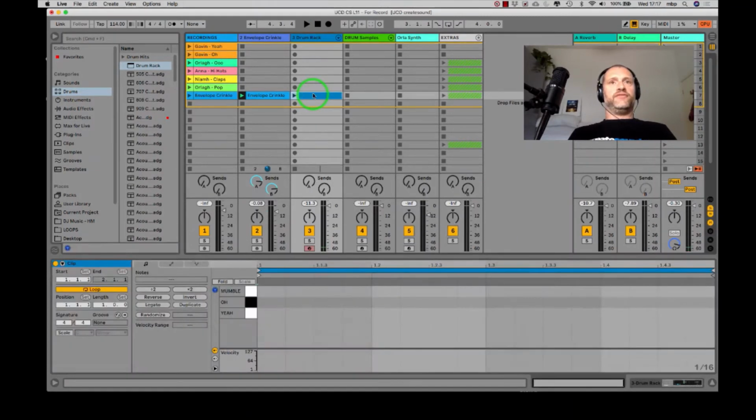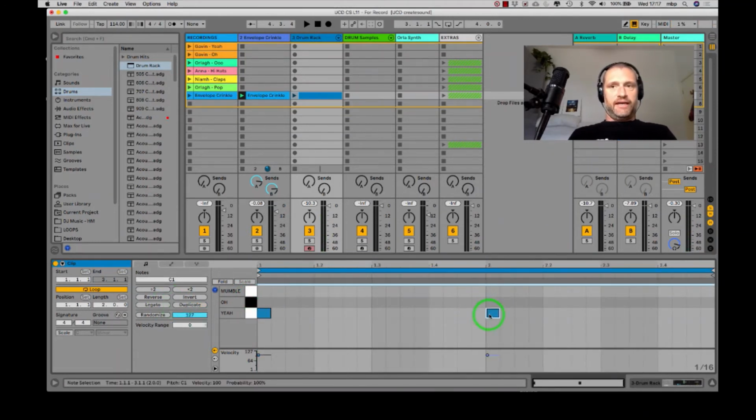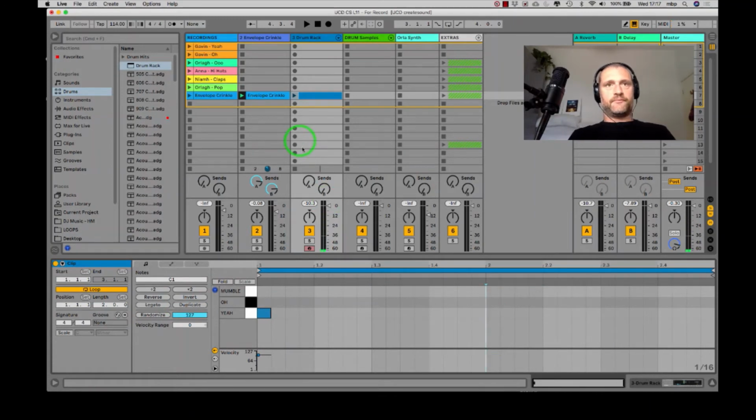I also hear a bit of a mumble, so we might use that too. So once we have those loaded, we can see we have our yeah, oh, and our mumble. Maybe you could put a yeah every 2 bars or something. Again, let's do a bit of reverb on that too. Let's have a bit of delay on them as well.